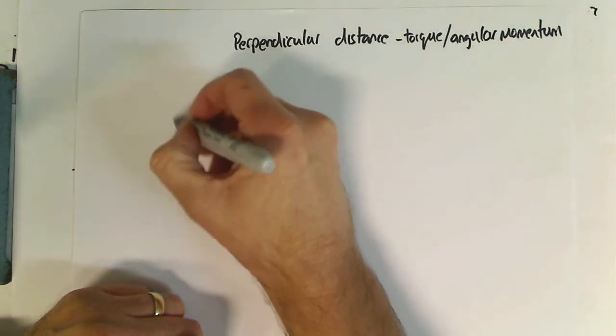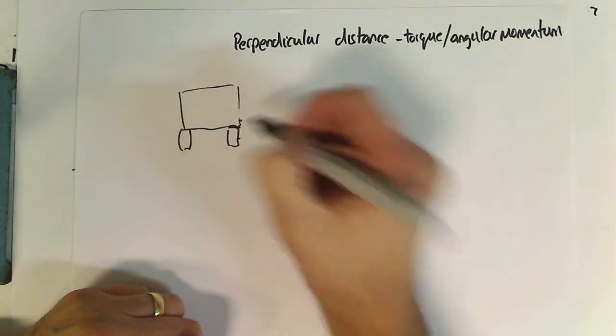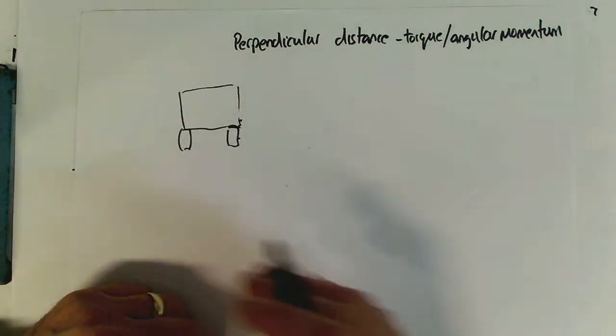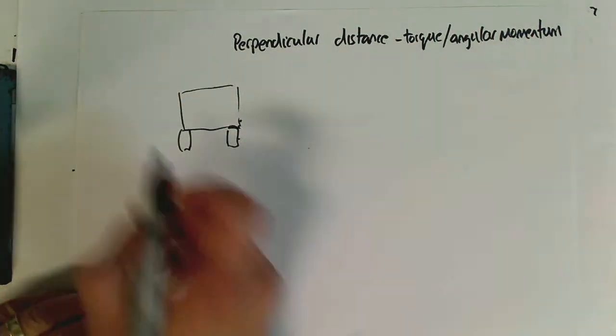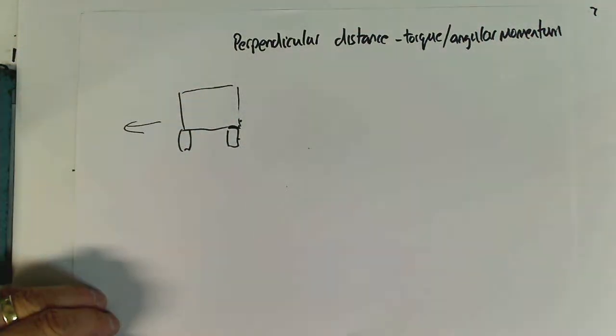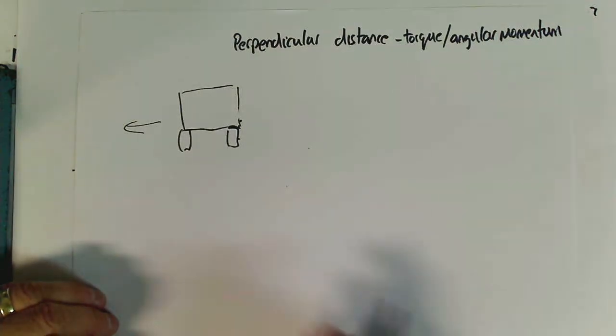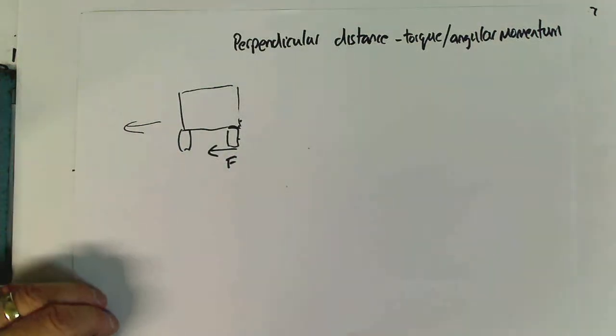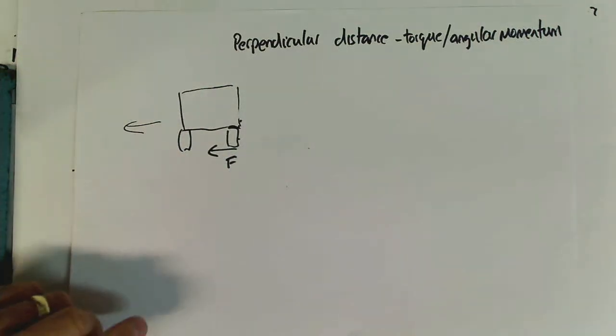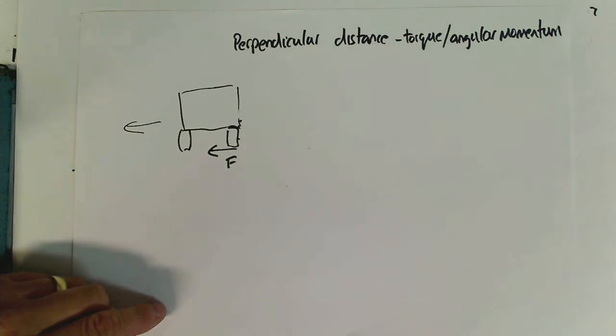from the back of a vehicle going round a corner, and if it's going round a corner to the left, then we're going to need a centripetal force that way. And so we say, where does that come from? Well, the car's trying to push out that way, and we get a friction force that way. And if we wanted to look at this force and ask how much torque it is applying to the vehicle,